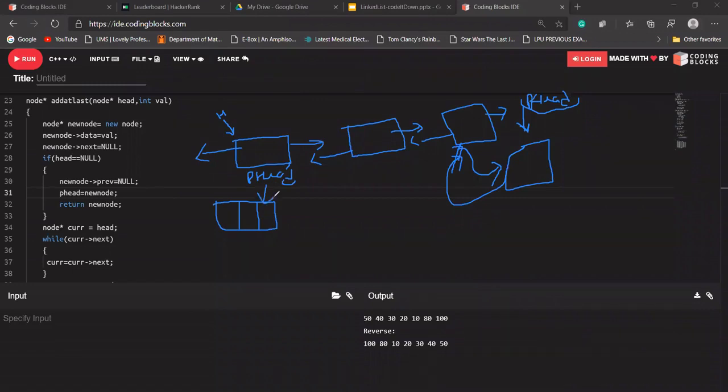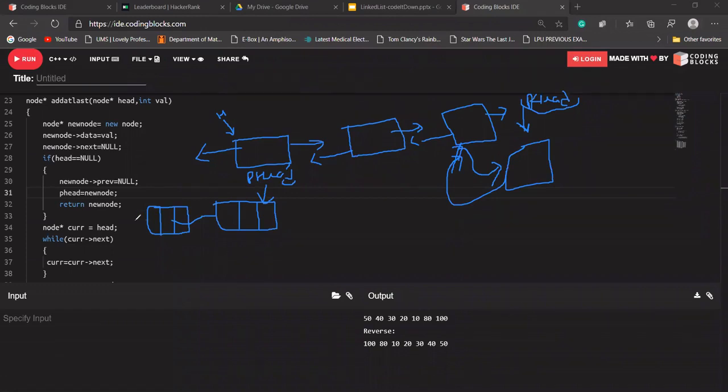After that, if I add something at the front of our linked list again, there is no need of updating the p head. So we have the address of p head now.